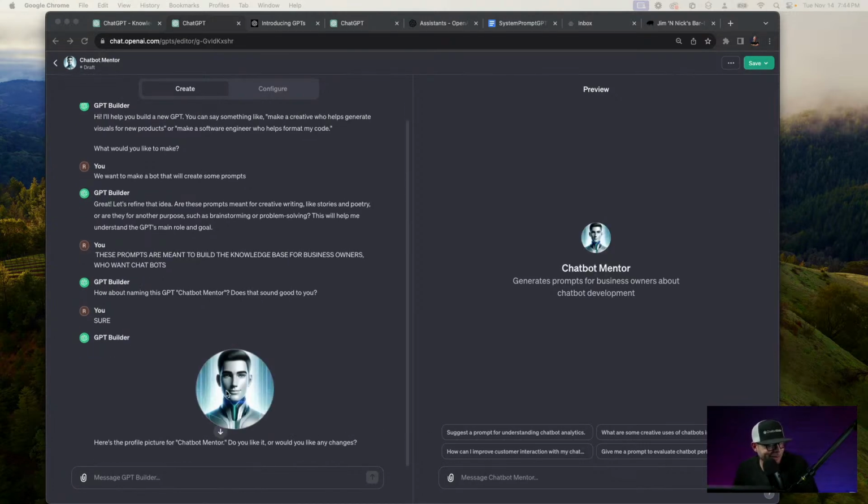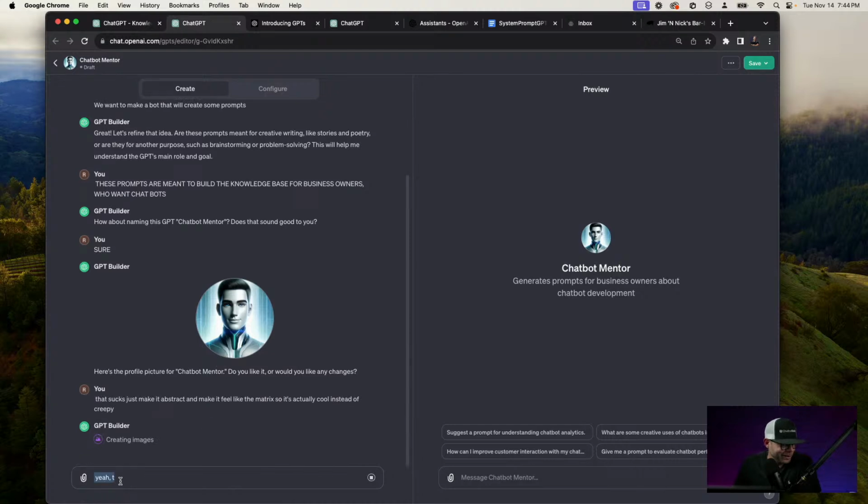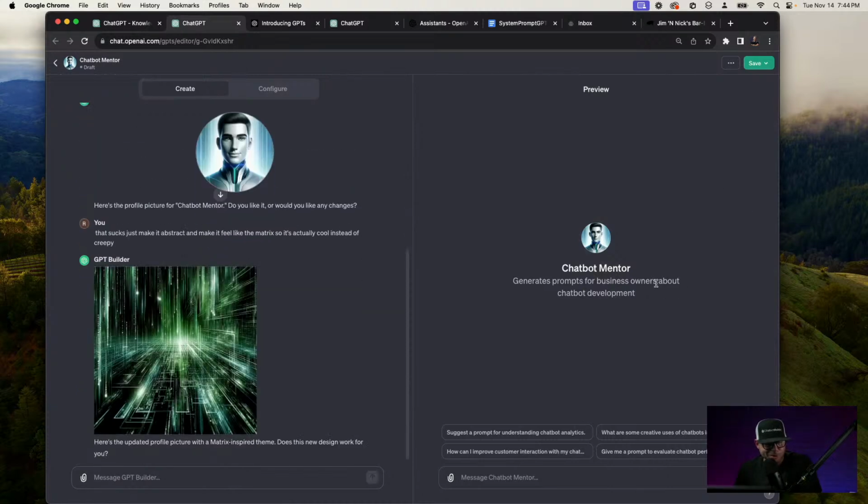Look at our profile. No, this sucks. Just make it abstract and make it feel like the Matrix so it's actually cool instead of creepy. Yeah, that was horrible. So now we should get something cooler, I hope. This is our icon, right? And the icon is populating over here. This is the creator view, the maker, the flow. They're basically just sending us through a flow and making us feel like we're making the bot. And then on this side, this is what the much better